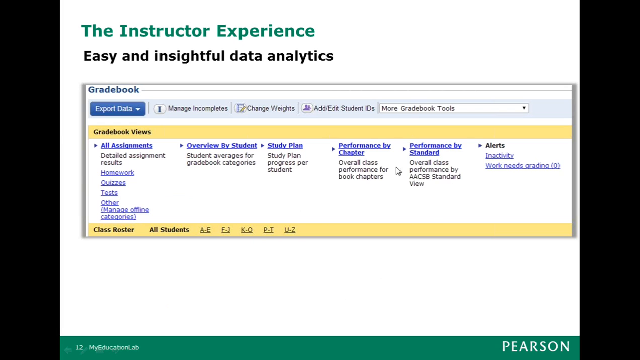So here, ignore that one, this is from a marketing one actually, the screenshot, but you can select view by student. You can look at how they're doing through the study plan. You can see how their performance goes based on a chapter of the books. You can also see here inactivity. So if students are not logging in, if they're not doing work, this will flag inactive students, and this is